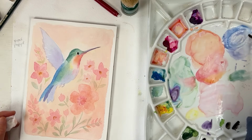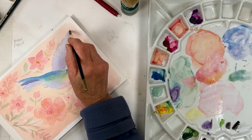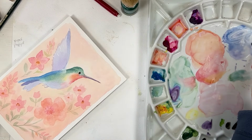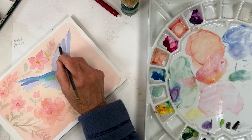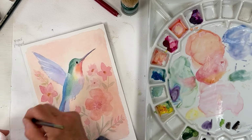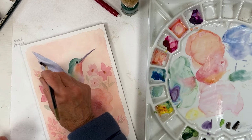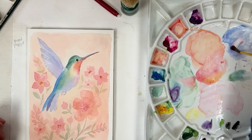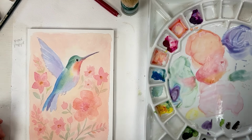And I'm going to do some more. This is a little bit tricky, this. So I'm going to bring some feathers in here, kind of side by side. Lift out some of the paint near the top. A bit more pink in it, perhaps. We don't want it to be...